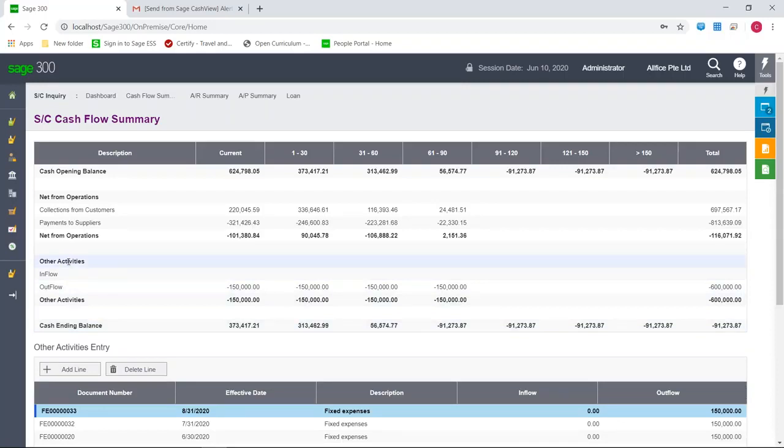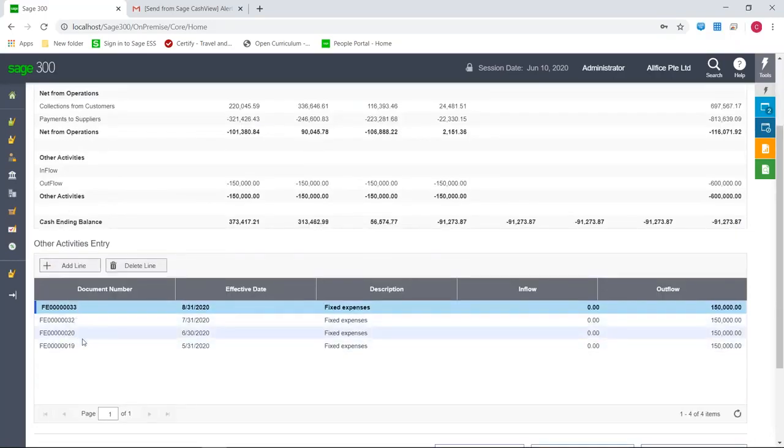You'll see, interestingly, somewhere in the middle, something called other activities. We know that cash flow is not single dimension. Cash flow sometimes means tracking things that you have in mind to do, either to sell or to buy something, that you certainly do not have reflected in your accounting books at the moment. So here we allow you to enter your activities that you think will affect your cash flow position. At the bottom here, I have a number of entries about the amount of money I expect to spend